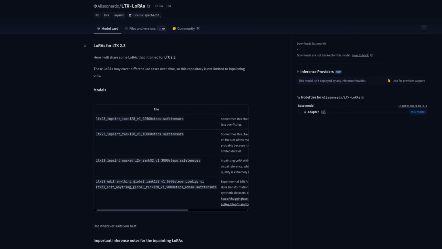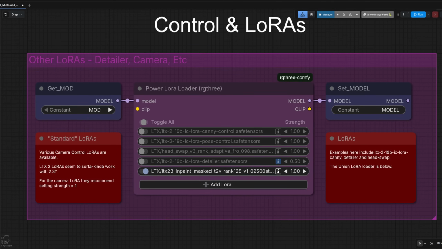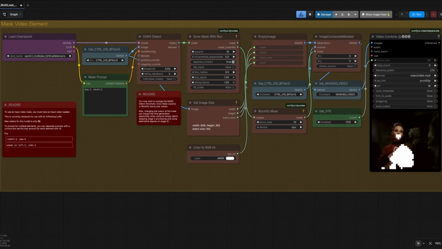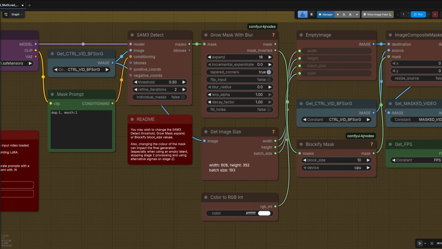There are a few options to try, but I'm just going to be using the first one there, the 2500 step version. Again, you can load the LoRA using the usual LoRA loader, but this time around you don't need to use the IC LoRA guide and you can just use the typical guide node, so the plain video option is fine. As mentioned, the expected mask color for this LoRA is white, which works great with dark videos. For the mask this time, I've selected the white color and expanded it a lot. You can see there the value of 16, plus I've also increased the blockiness of it a little as well,